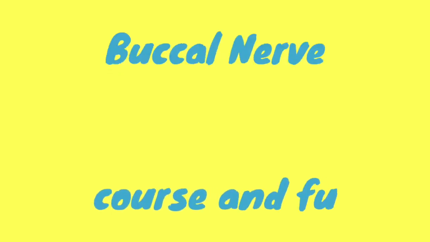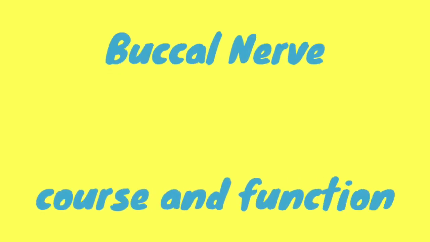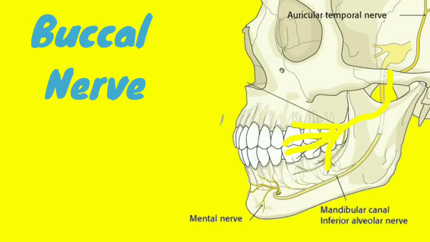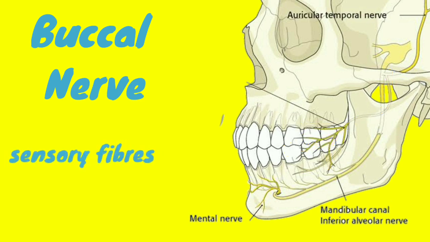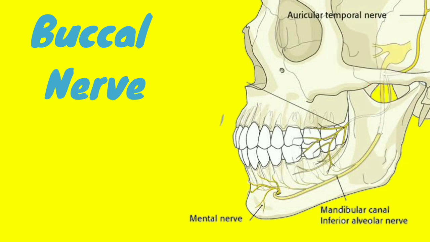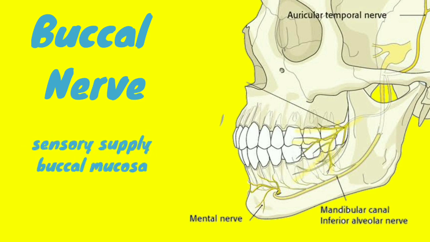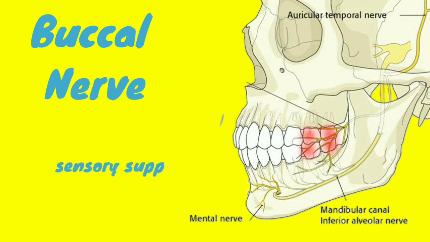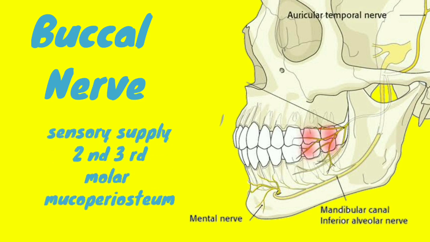Let us discuss in detail the buccal nerve, its course and function. Now I will talk about the buccal nerve. The buccal branch of the mandibular nerve contains sensory fibers. As it emerges from the mandibular nerve, it passes between the two heads of the lateral pterygoid muscle before heading to its target sites. The nerve provides general sensory innervation to the buccal membranes of the mouth, that is, our cheeks. It also branches to supply the second and third molars, which is important when performing dental work